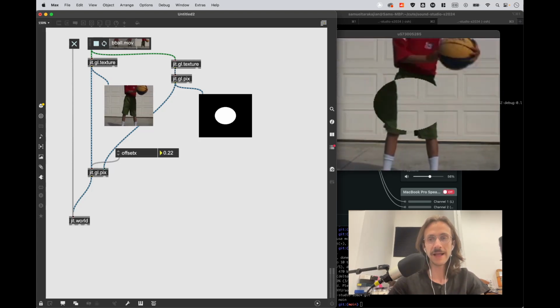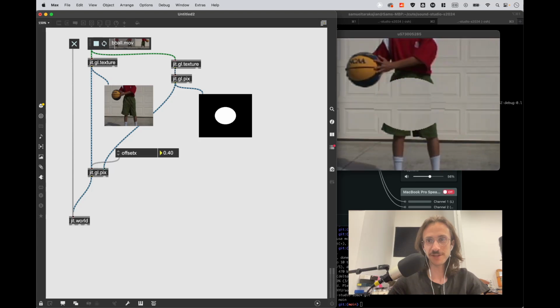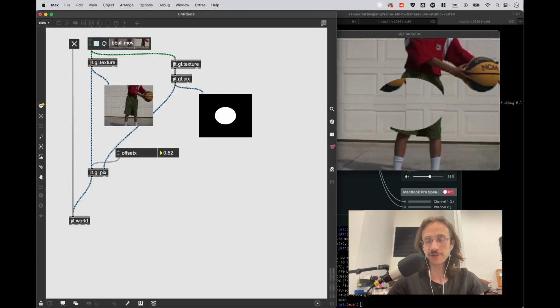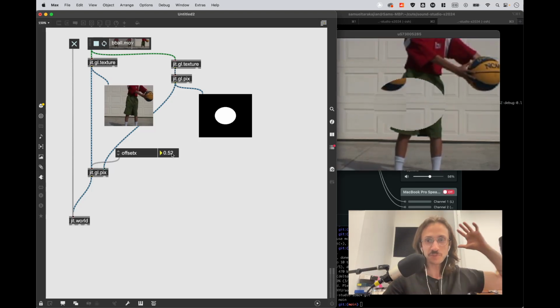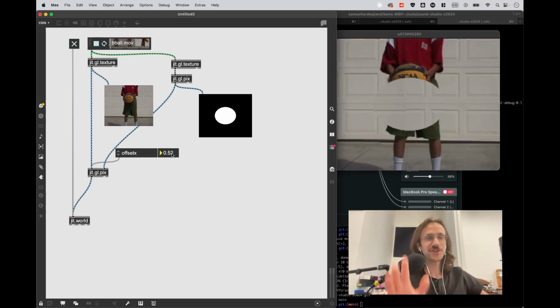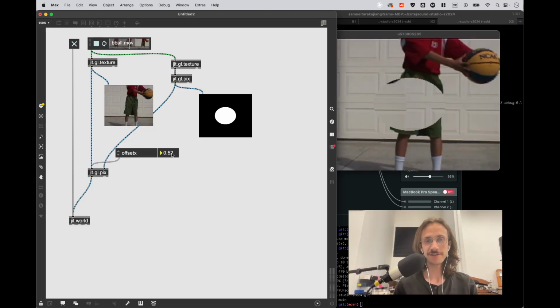So I can move. I can perform an unfortunate medical procedure on this poor man who's just trying to dribble his basketball. That can't feel good. What's happening to him right now? So the important thing here, all this just to say, none of this is so important to keep in your